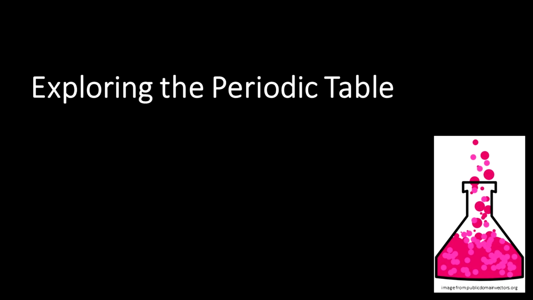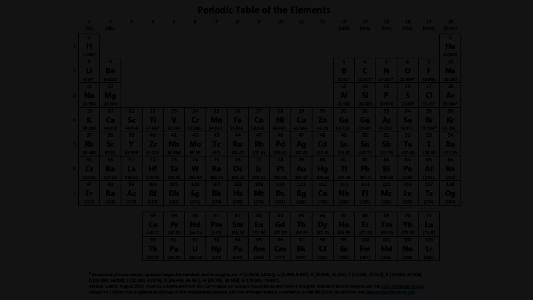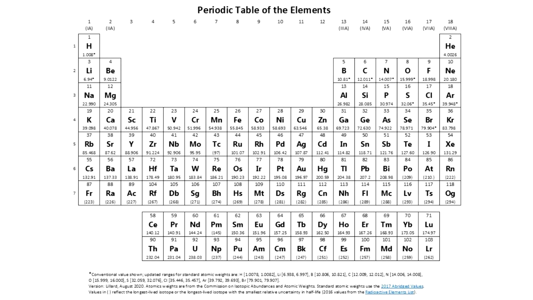Let's explore the periodic table, how it's organized, what the different columns and rows mean, and where to find specific categories of elements. While you do have a color-coded periodic table as a lecture tool, you should become familiar with an unmarked black and white periodic table so that you can easily identify elements or regions as needed.